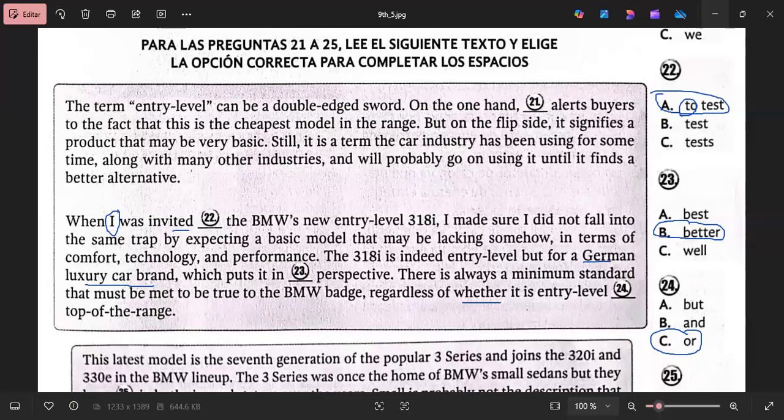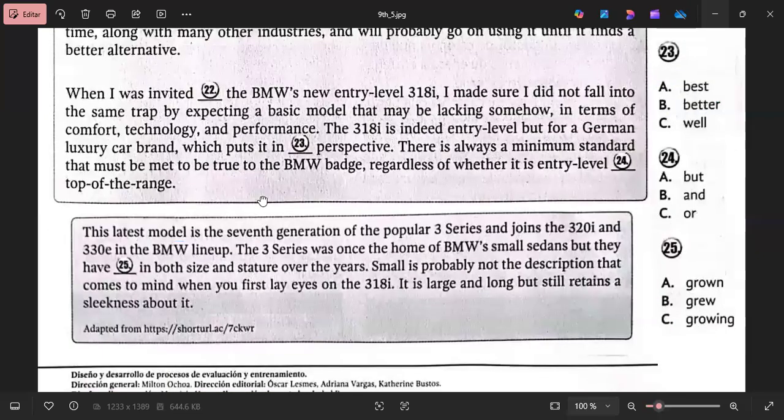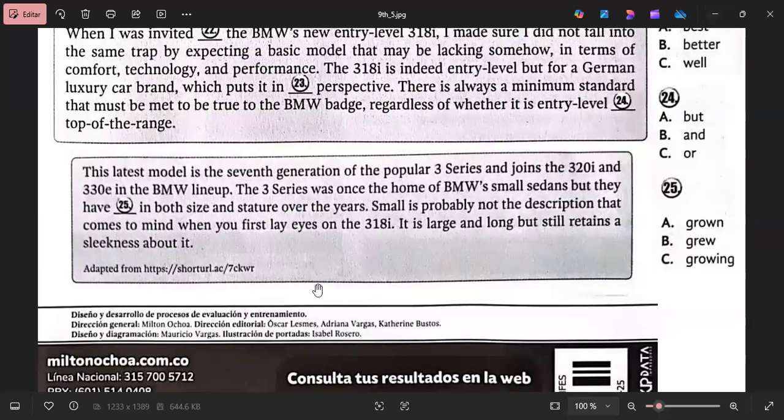Now we need to move down. We need to scroll down so we can focus on the last paragraph and then answer question 25. This latest model is the seventh generation of the popular 3 Series and joins the 320i and the 330e in the BMW lineup. The 3 Series was once the home of the BMW's small sedans, but they have 25